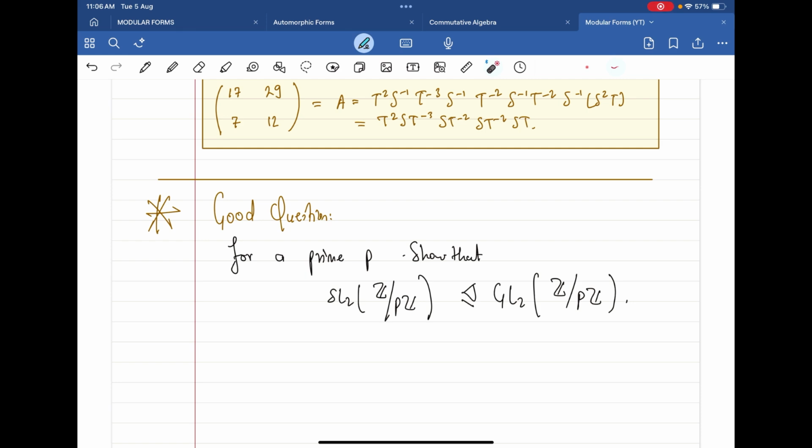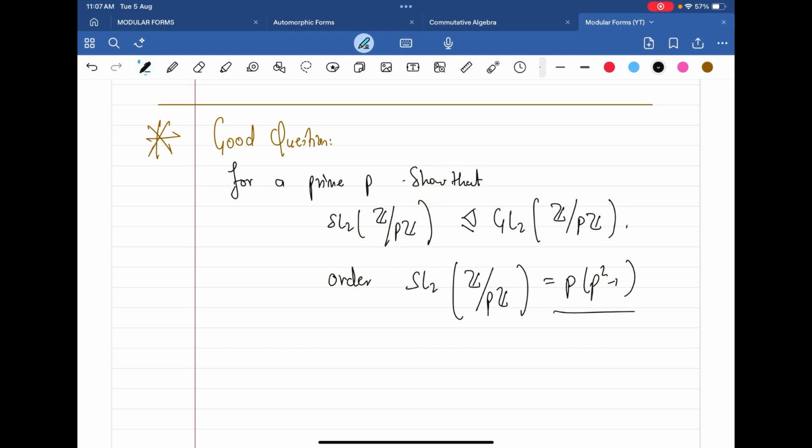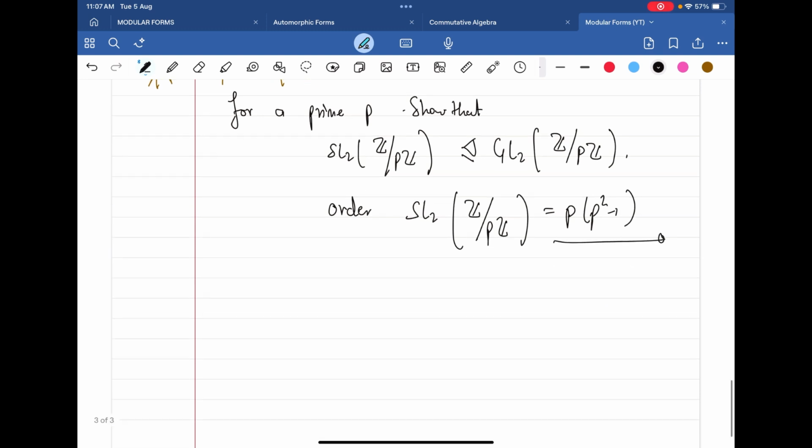Let me just check it once. There is a slight correction in the LaTeX note. So it actually wants to show that the order of the group SL2 Z mod PZ is P times P square minus 1. So again,